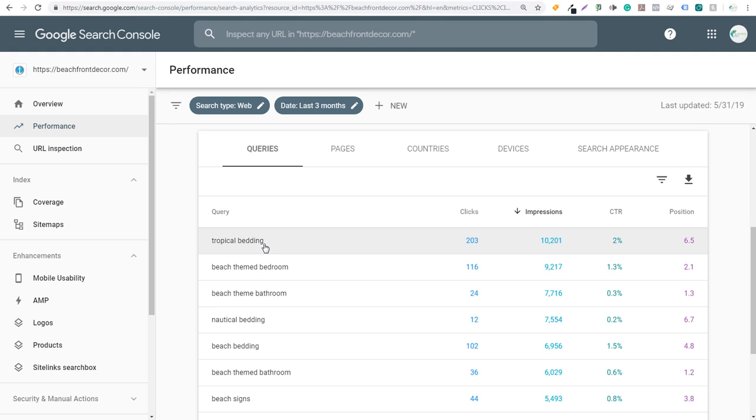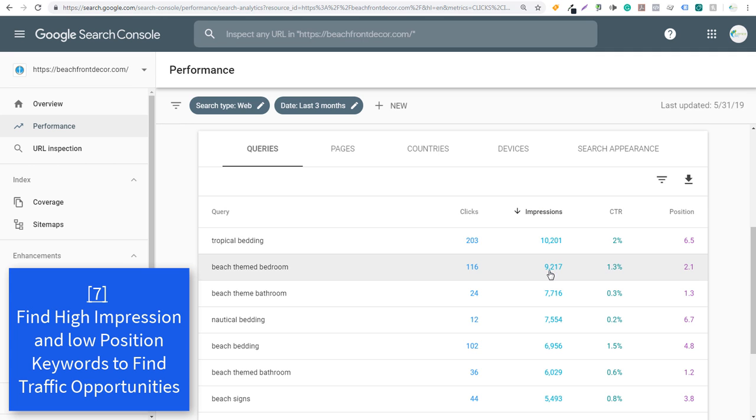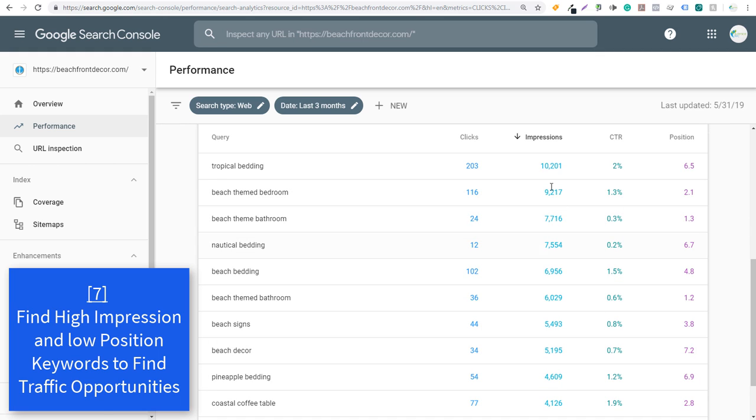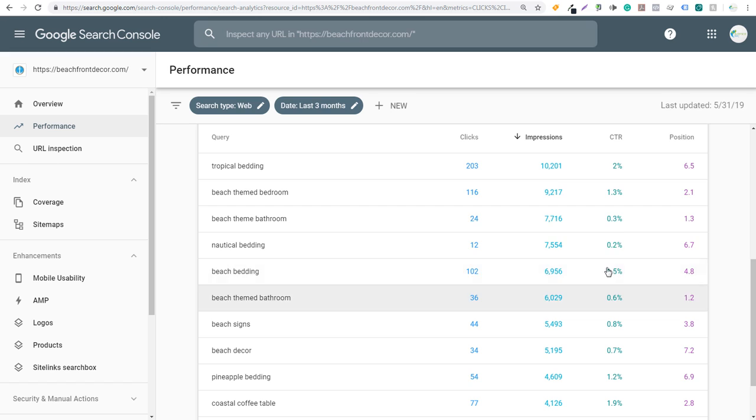And we can just look here. So tropical bedding, beach theme bedroom, beach theme bathroom, nautical bedding, beach bedding. And you can really find some opportunities here by seeing your top pages by impressions where your click-through rate is really lagging behind the average. So my average click-through rate is around 2%. So anything that's below that, especially these ones that are driving a lot of impressions, I can make sure maybe I look at my page, I improve my page a little bit by, again, adding more content to it and maybe adding more products to it and just trying to really improve that page,